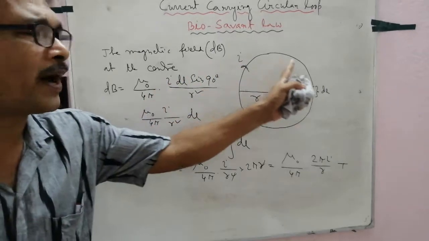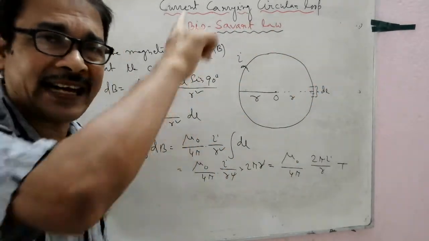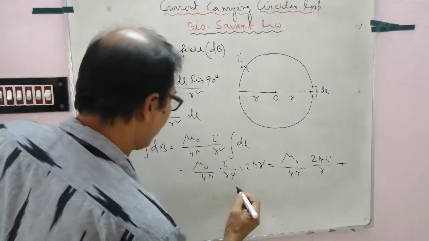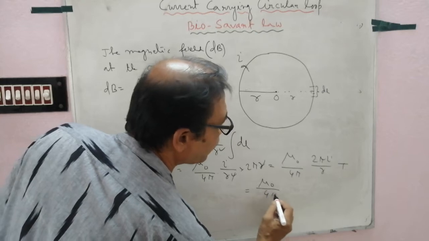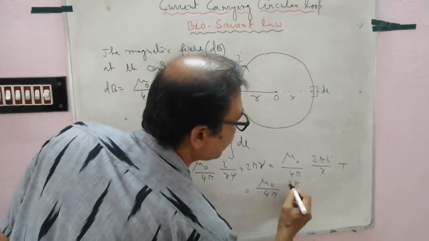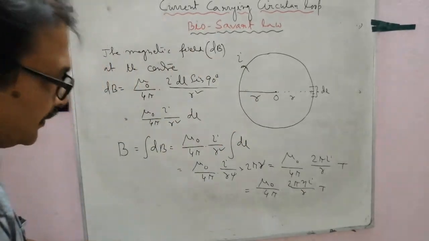Clear? For one turn. If the loop has n turns, then for n turns the magnetic field will be mu0 by 4 pi into 2 pi N I by R Tesla. Clear? So